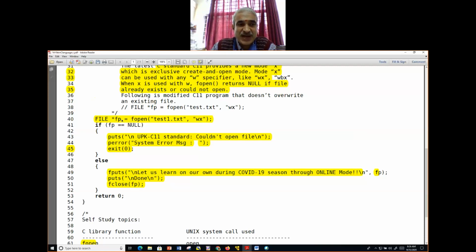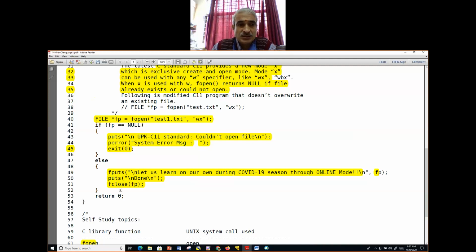And you have FP, a file pointer. It is not necessary to use FP; you can use any name, but a meaningful one is FP, file pointer. Then all your write operations, fputs is a write operation, you are doing it in FP. What string you have to write is the first parameter of fputs. And every file that is opened needs to be closed.